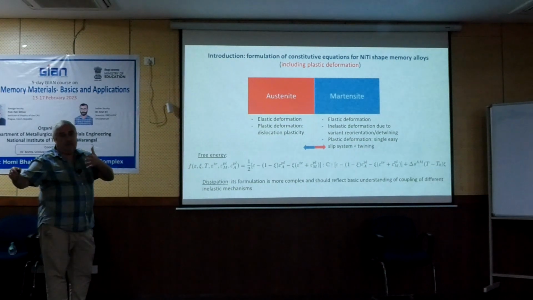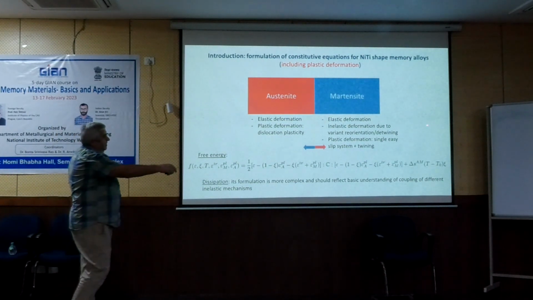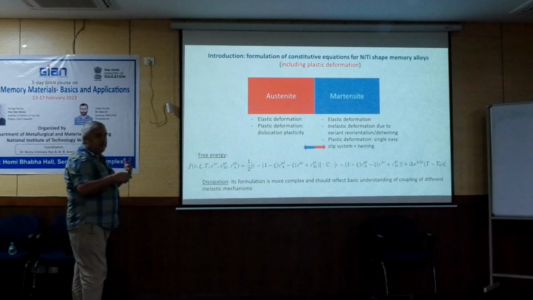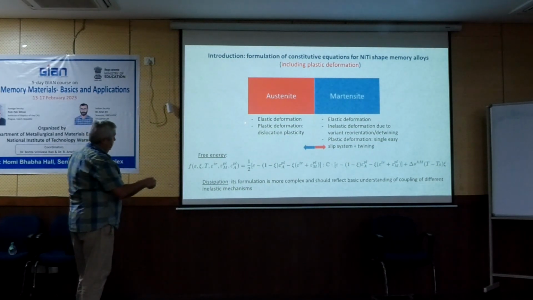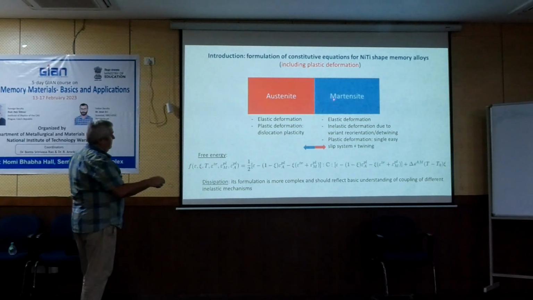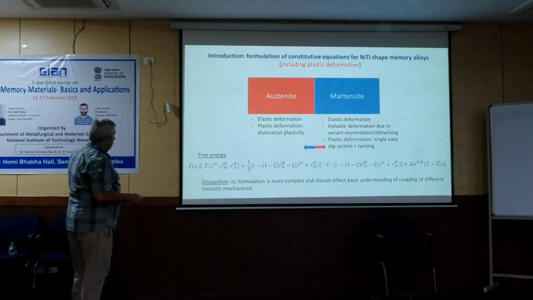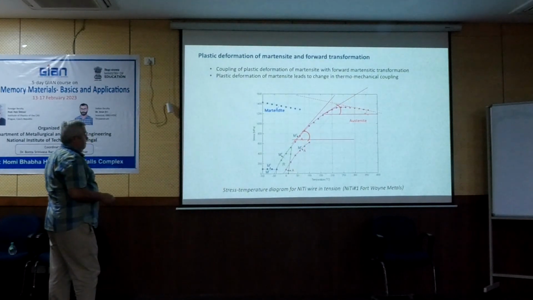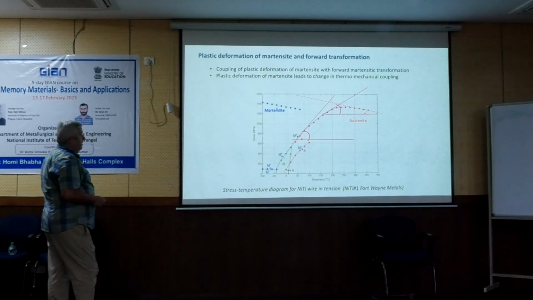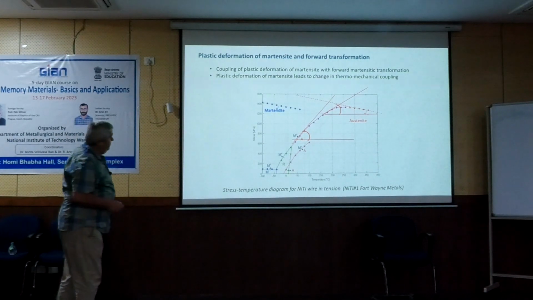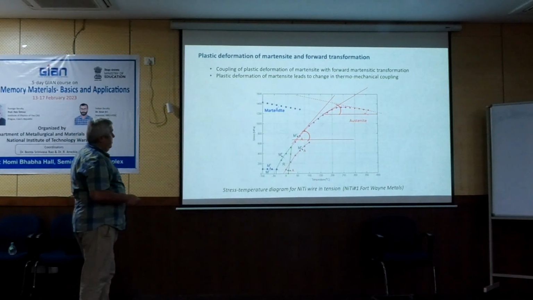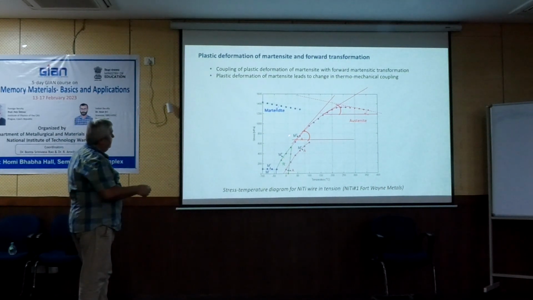This was plastic deformation of austenite. You remember the green line here. This was plastic deformation of austenite. So we have to have this, and in the martensite we have elastic deformation, we have reorientation, plus we have some deformation in the martensite. So this was included into the model, and we try to